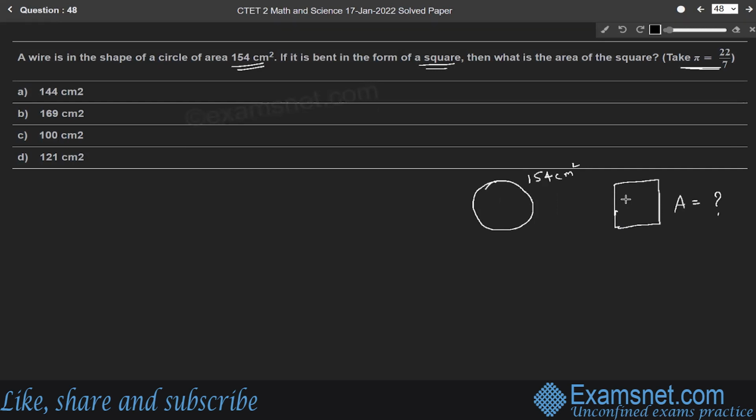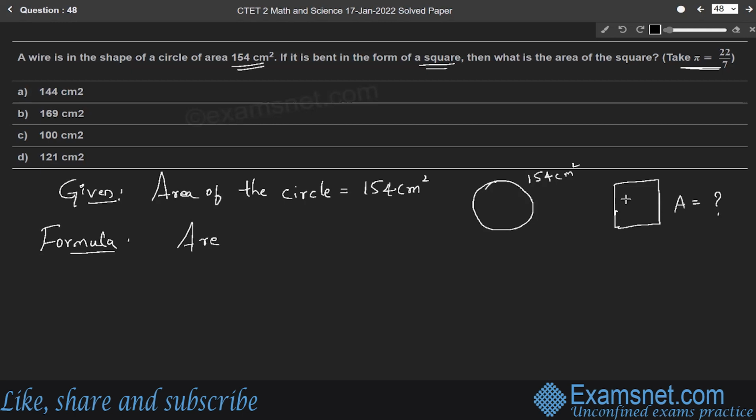Right. Therefore, given, area of the circle is 154 centimeters square. And the formula to be used here,